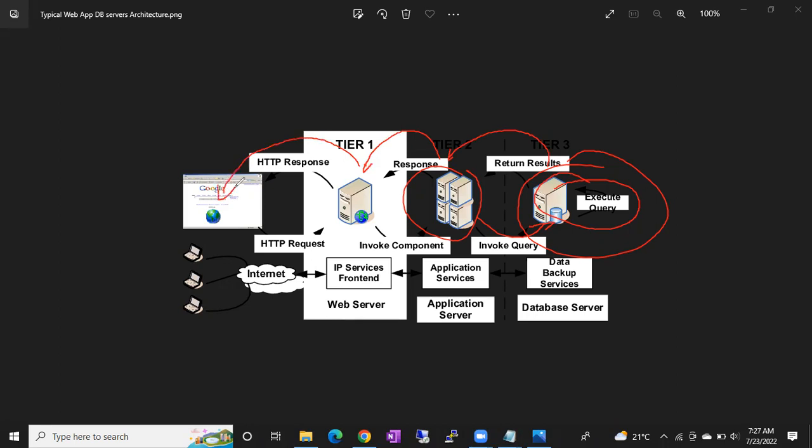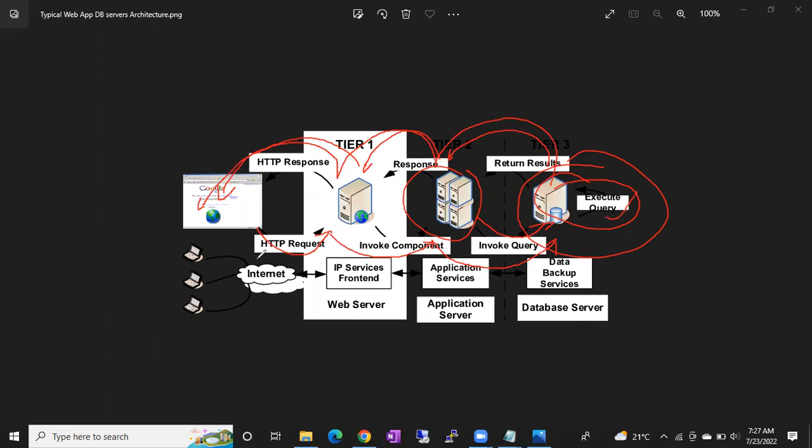When you click on any product, first it sends the request to the web server. The web server sends the request to the application server. The application server sends the request to the database server. On the database, a query is executed. Those results, again, the database server sends to the application server, the application server sends to the web server, and finally you can see the product on your browser, guys.